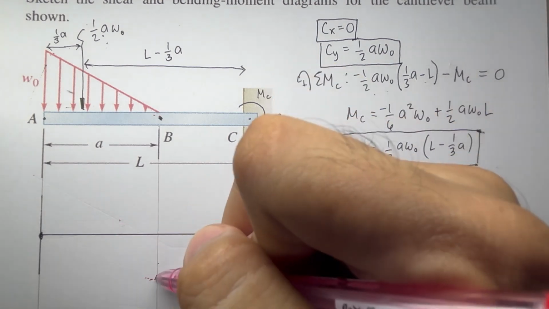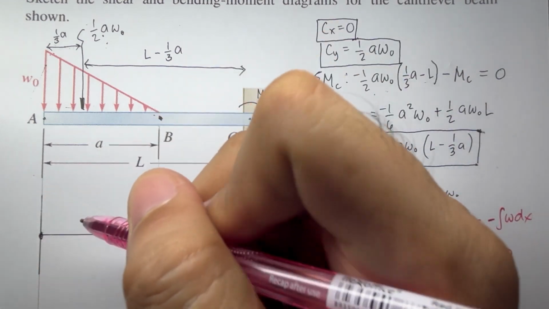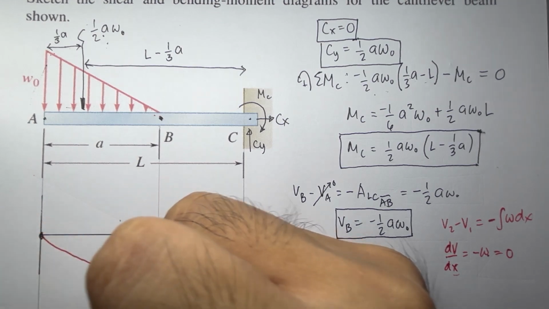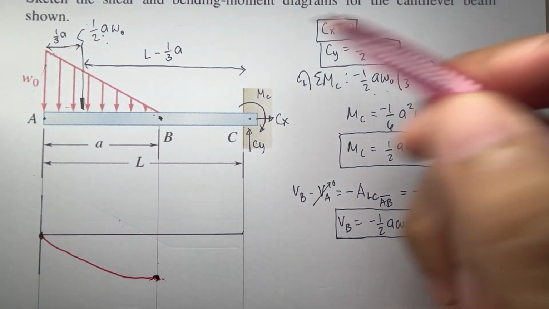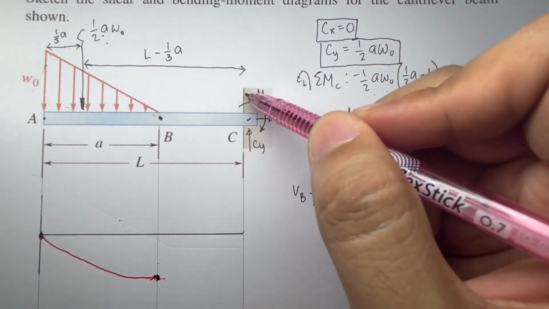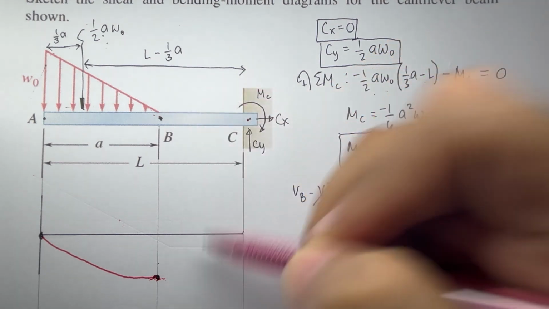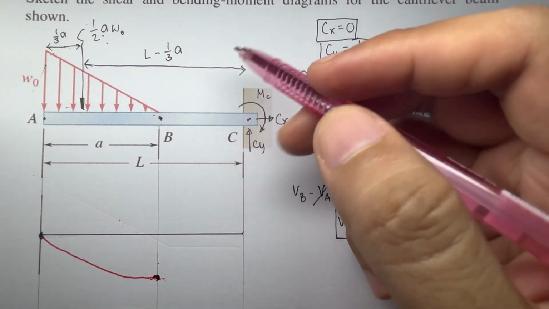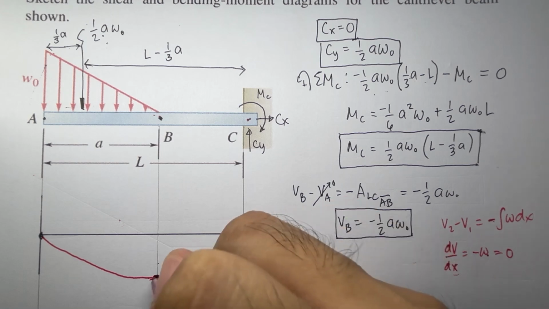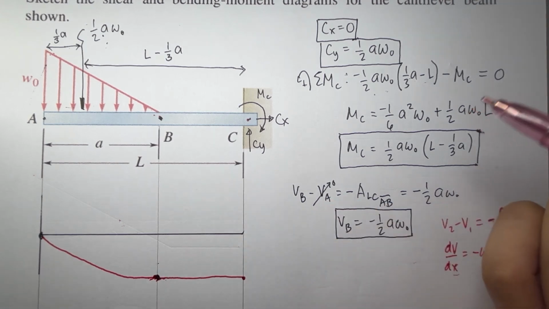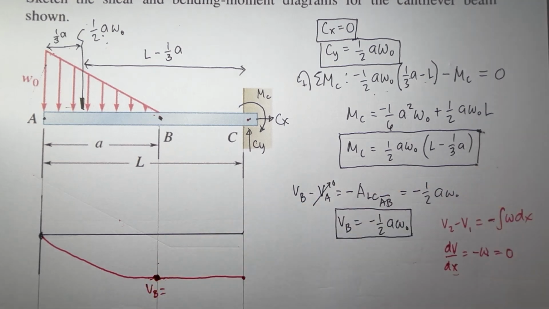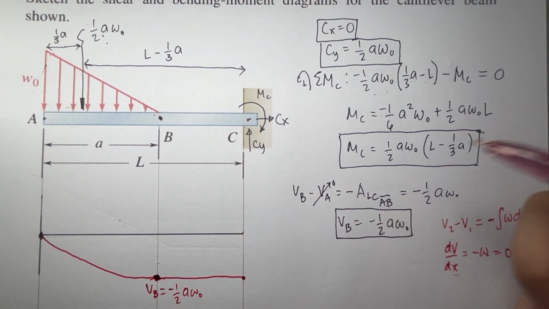Okay, so smiling and concave upward. Somehow, the image of our shear diagram is somewhat like this, no? Now, at point B to C, no load is applied. So therefore, the next graph would be constant, diba? 0, and then the integral of 0 is constant, no? So we have here a constant straight line. Now, ano yung value na to? Yung VB natin, that is equal to negative 1/2 A omega naught.